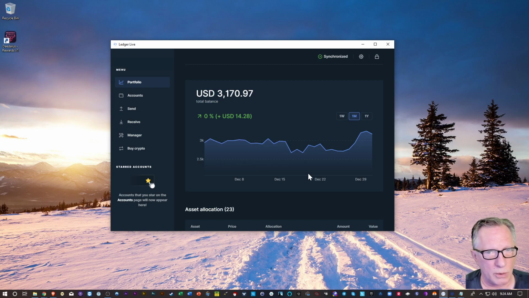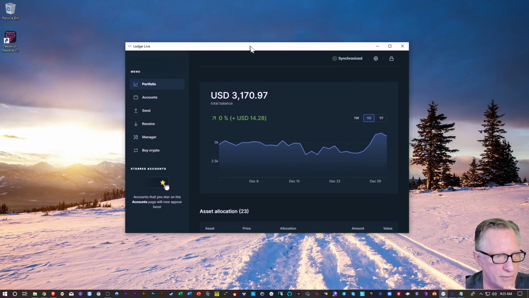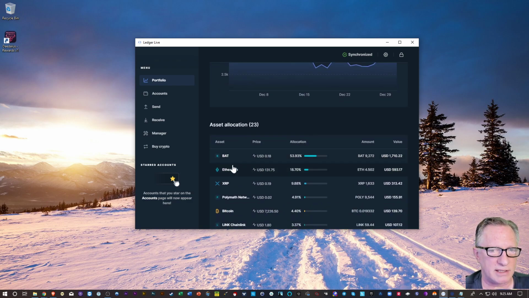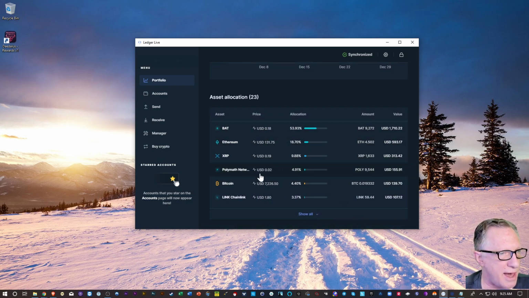All right, so the question was, is Ledger a secure online wallet? Now, Ledger Live, which is this software we have right here, is an application on my computer. As you can see, I can go into Ledger Live and see my balance. I can see what coins I have, how much they're worth right now, and how many of the coins I own.